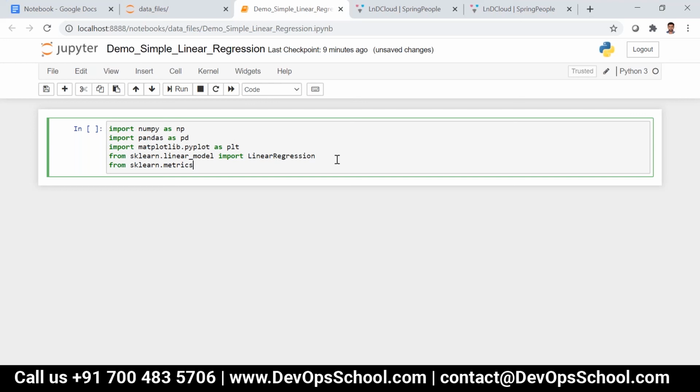So all evaluation strategies for all the models will be defined in this particular module, sklearn.metrics. Irrespective of the module, even if you go to deep learning, everything will be defined within these metrics. So for linear regression, we have metrics like R2 score, mean squared error, and then mean absolute error.